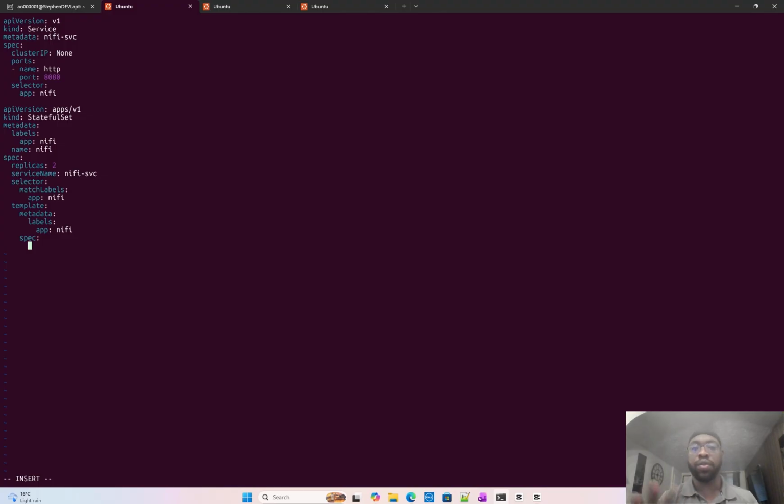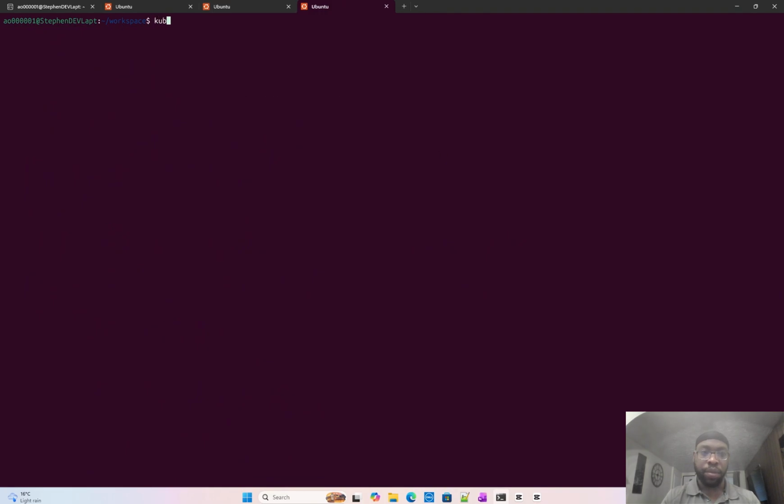So I've got 2 nodes right in this WSL, and I want this pod to be scheduled to run on one of the nodes. The reason is because of some network issues I was facing earlier. So if you're working in cloud, you can schedule it on multiple nodes. But for this tutorial, I'm just going to let it run on the same node. So I'm going to use nodeSelector, and I'm going to look for